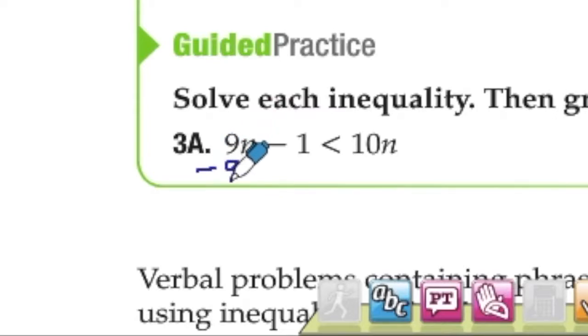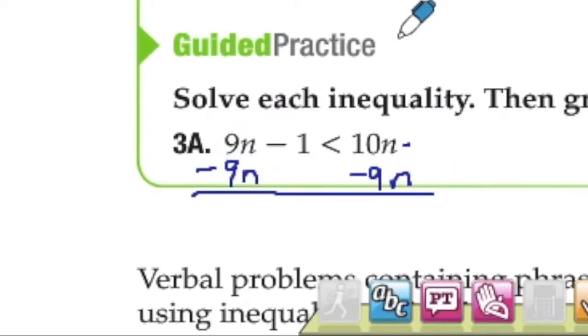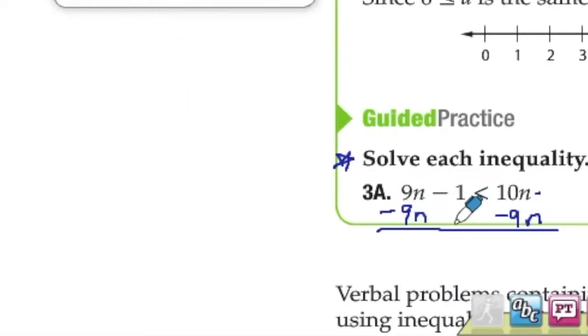Let's subtract 9n from both sides. We could have subtracted 10n to get it to the left side. It really doesn't matter which way, but if you end up getting a negative coefficient, you're going to have to do some dividing, in which case we flip the sign. We're going to get to that later, but for right now, let's just follow this problem by subtracting 9n from both sides. What we're left with is -1 is less than 1n, and then we can rewrite that as n